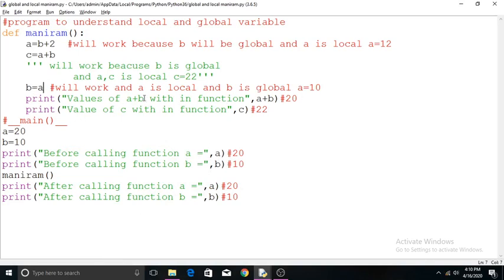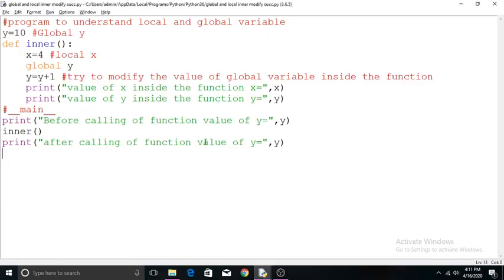Now you are able to understand why it produces the error, because it treats B as a local variable, but B is a global variable, and we are trying to change it. It is not possible without declaring the global keyword. So the global keyword is necessary to make a change in the global variable.